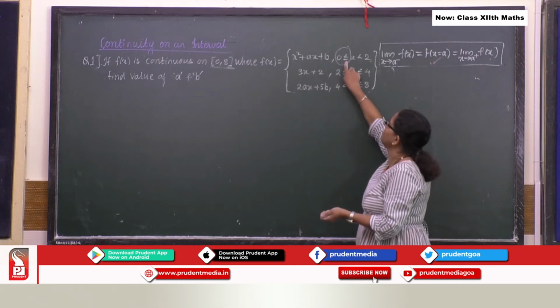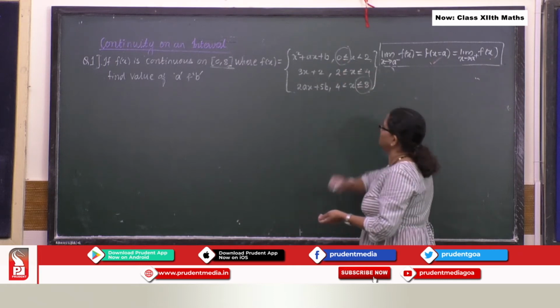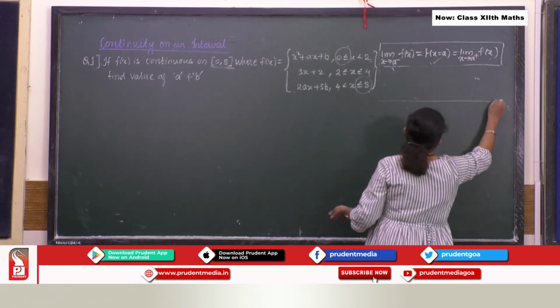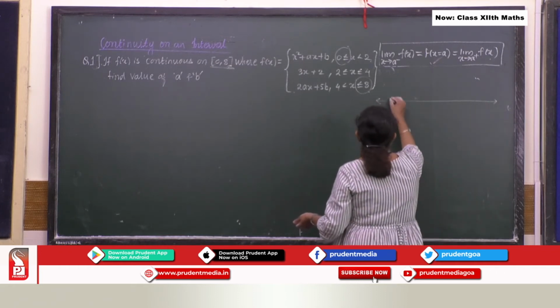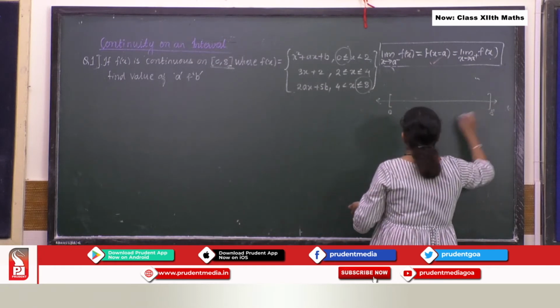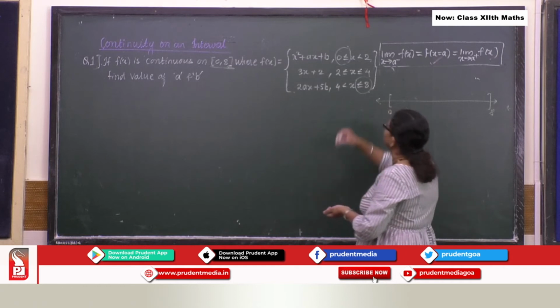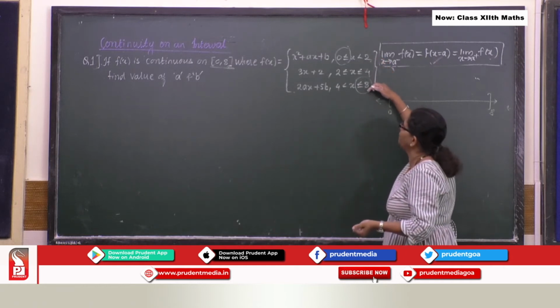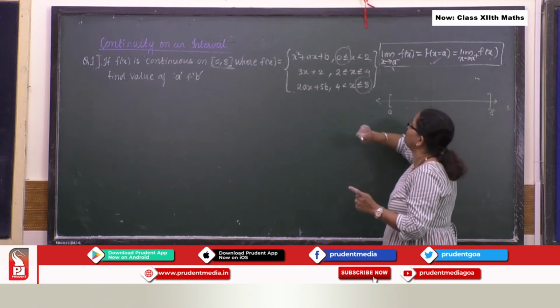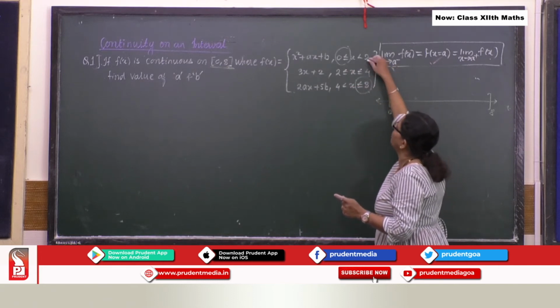So here 0 is included and 8 is included. So we are talking about this here. So let me put it in a line over here. So I am talking about 0 to 8. So over here you can see you have three definitions, and you can see there are 2 break points over here. Now which are these 2 break points?